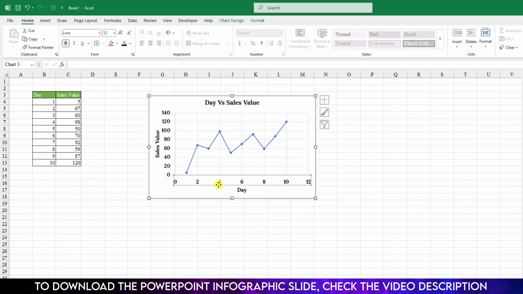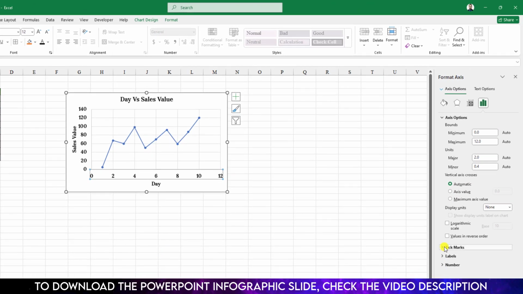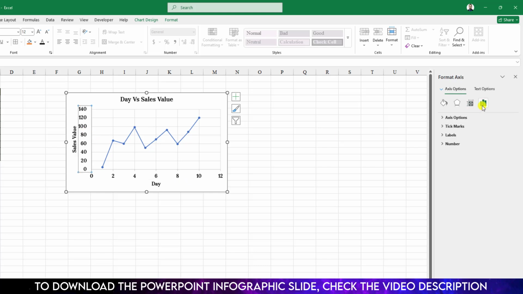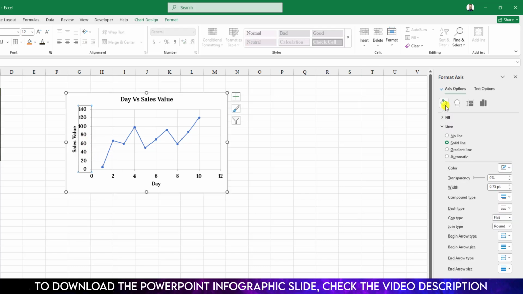We need to add the scale, so let me click on over here, click on right button, go to format axis, go to tick mark and go to major type and click on outside. Then select this area, go to over here, go to axis option, go to tick mark, go to major type and click on outside. Now again select the scale, go to over here, go to lines, go to solid line